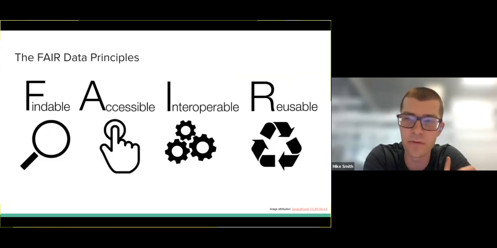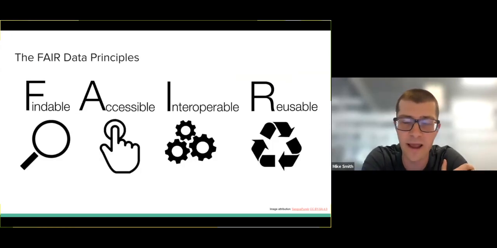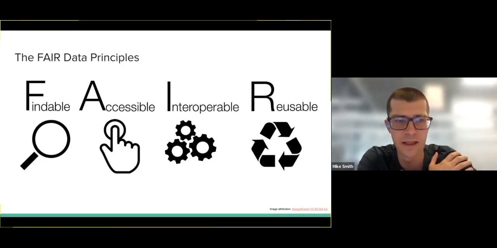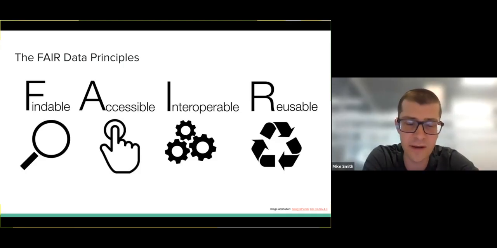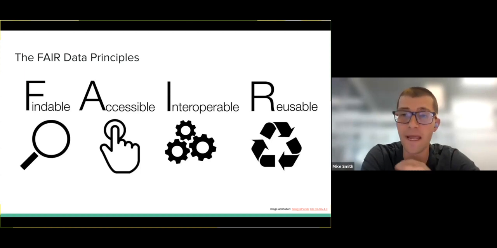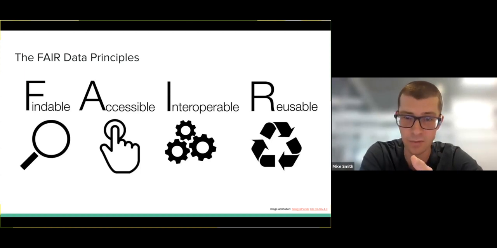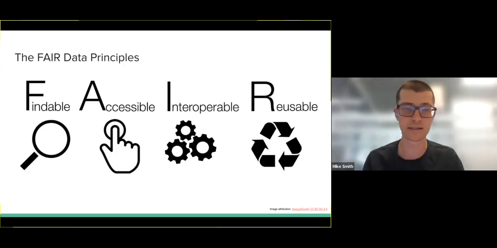And so now I want to move on to the other of our popular acronyms that we meet in data management a lot, which are the FAIR data principles. So FAIR, as I said, it's an acronym. It stands for findable, accessible, interoperable, and reusable. And generally, we consider these principles at the point of making your data publicly available. So the sharing part of the